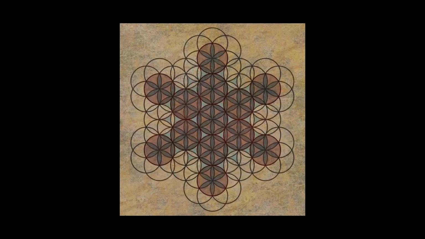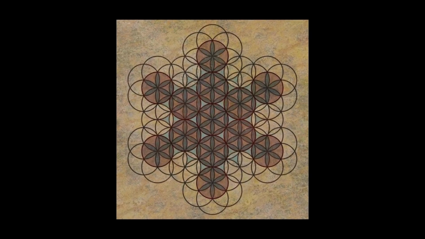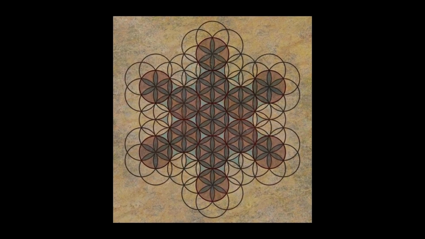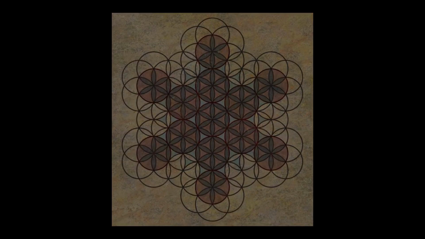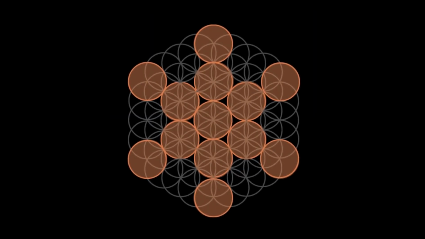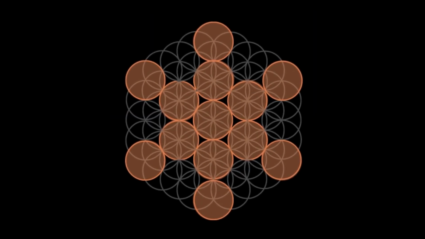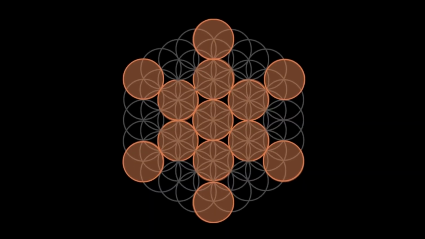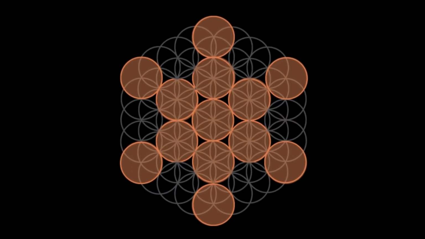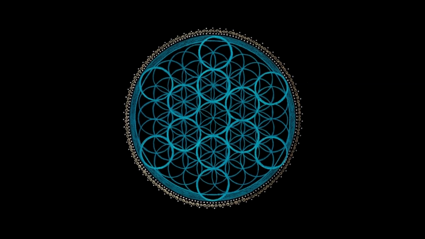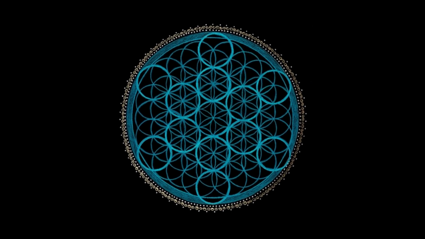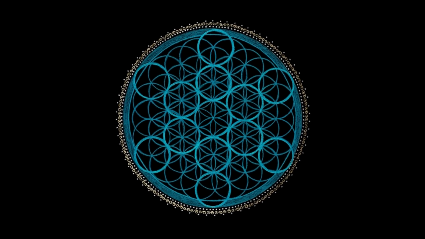Throughout history, the fruit of life has been used in meditation, sacred rituals, and architecture to connect with higher consciousness. It reminds us that at the core of existence lies a divine blueprint, an eternal pattern that links us all. By understanding the fruit of life, we gain insight into the interconnectedness of all things, revealing the sacred geometry that underpins the fabric of reality and our place within it.